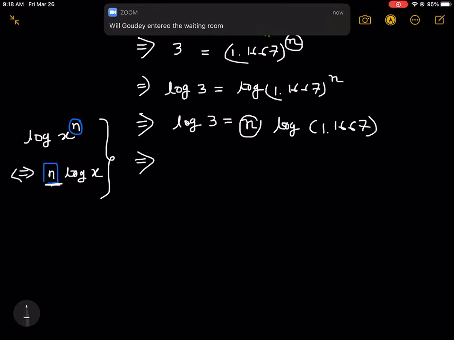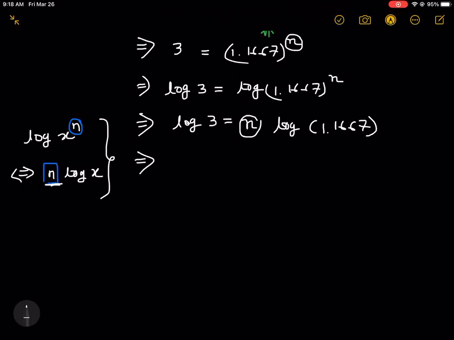Find the value of log 3 and log of 1.1667. Yeah, we can do that, but we're looking for n. It's not yet isolated. The way I did it, I found the value of those two, and then I divided by the value of log of 1.1667. Exactly, yeah, right. So as we're trying to isolate this n,